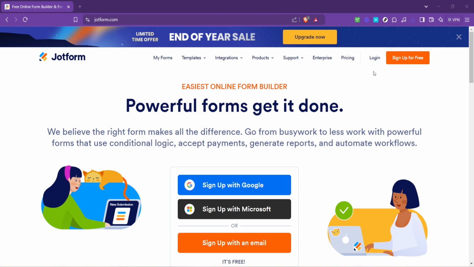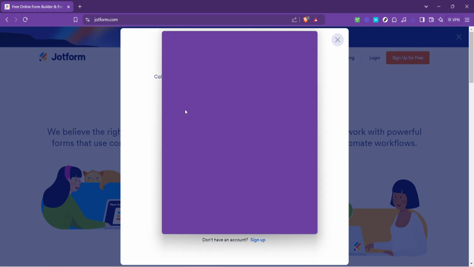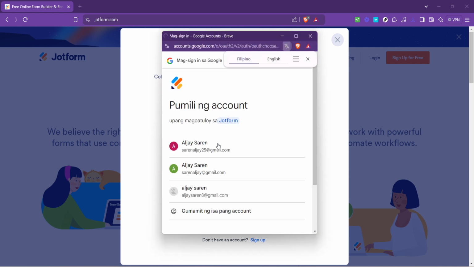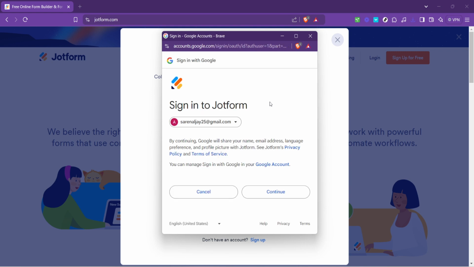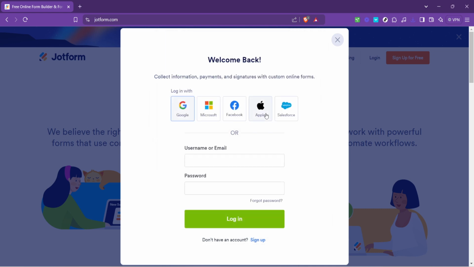Once you're familiar with the page, the next step is to log into your account. At the top right corner of the page, you'll notice the login button. Clicking on this will take you to the sign-in page where you have a couple of options for accessing your account. If your Jotform account is connected to a Google account or another platform, select the appropriate option. This is a neat feature as it streamlines the login process, allowing you to use existing accounts instead of remembering